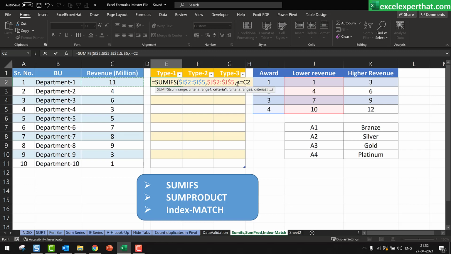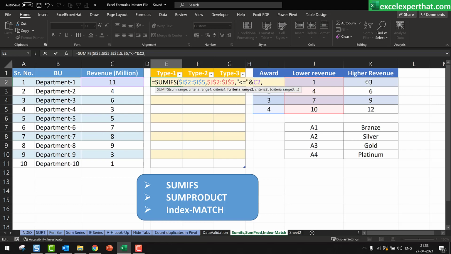But here, guys, Excel does not understand these notations directly, so we have to put double quotes around the notations and then put the AND sign in between, followed by the comparison revenue. C2 we will not lock because it has to change with the next department.